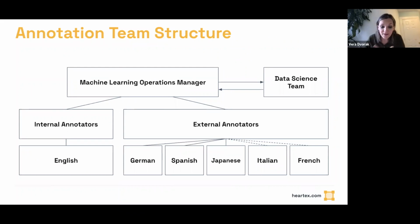When it comes to the data science team, I really am responsible to respond to all their labeled data needs. So this regards the data that they need for both training and retraining language models. And this can be both for long-term projects, which have been going on even before I joined the company, and we aptly call those evergreen projects. And also short-term projects, when you just need a limited set of labeled data and you need to test some idea and then maybe discard it or go on further with it and add more labeled data. So that's one part of my work, to respond to all of that, to be able to brainstorm and